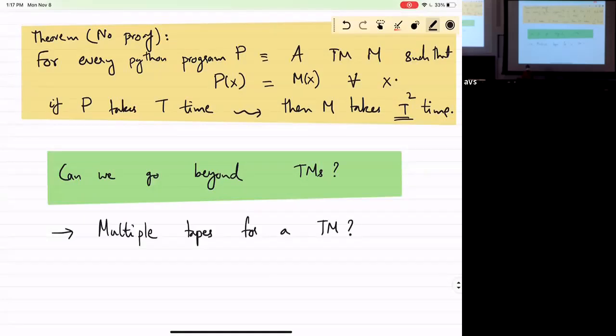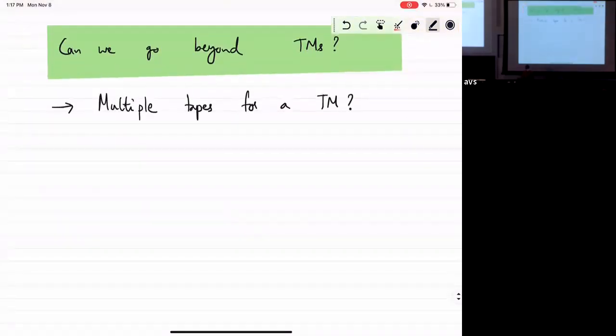So what if someone comes and says, okay, Turing came up with this model in 1936, but I'm going to dramatically increase the power by saying, instead of just allowing one tape, you are now allowed to use, let's say, 3 tapes, 5 tapes, 10 tapes, whatever.